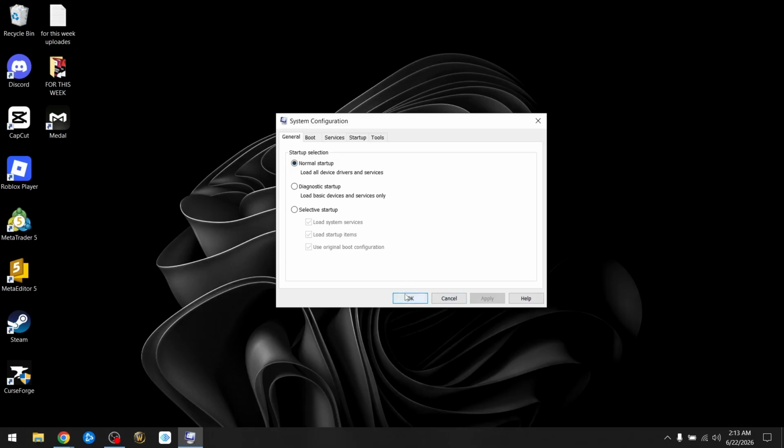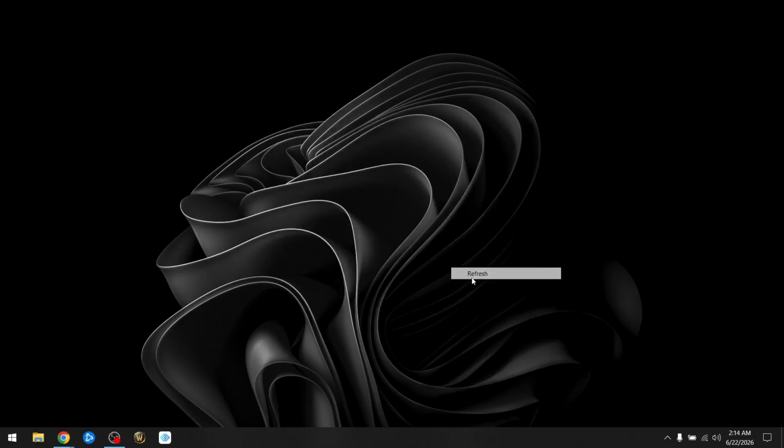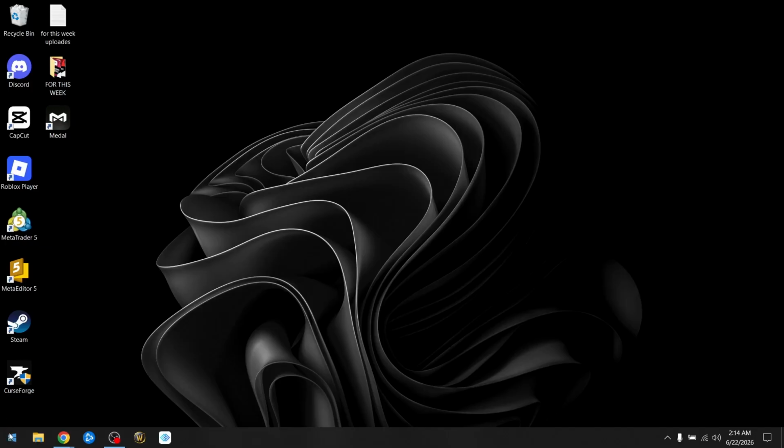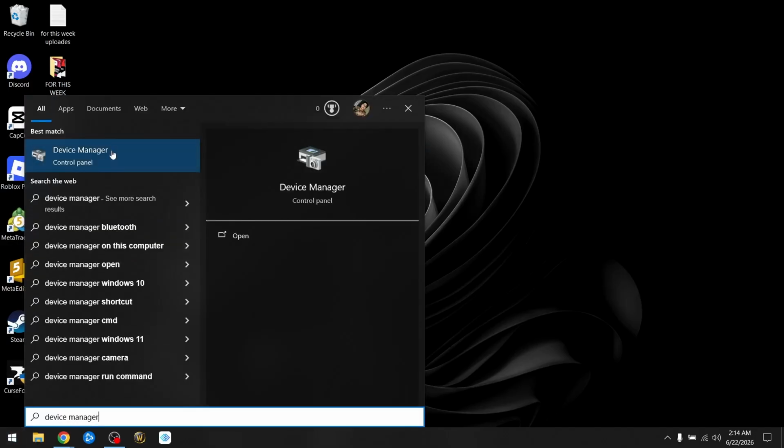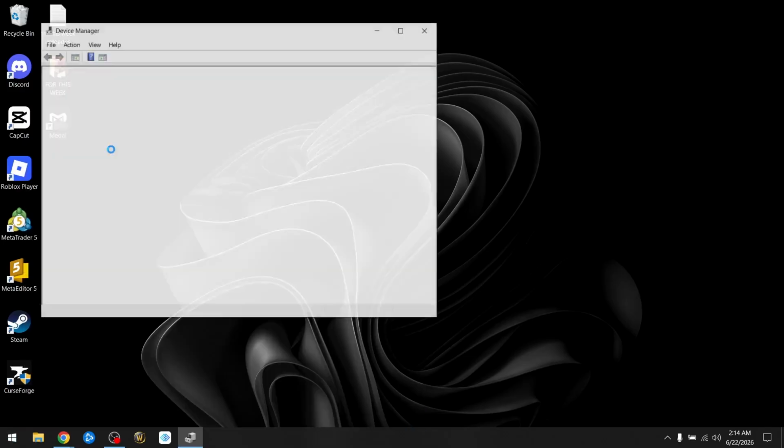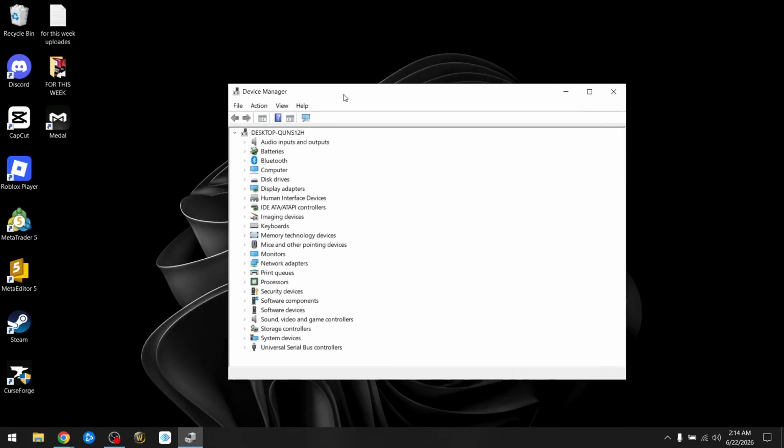Once you hit OK, your PC will suggest you restart your PC, so just simply restart it, and once it is fully backed up, go back into the Windows search and type in device manager like so. And then from here, click on your current desktop name, go into action, and then choose scan